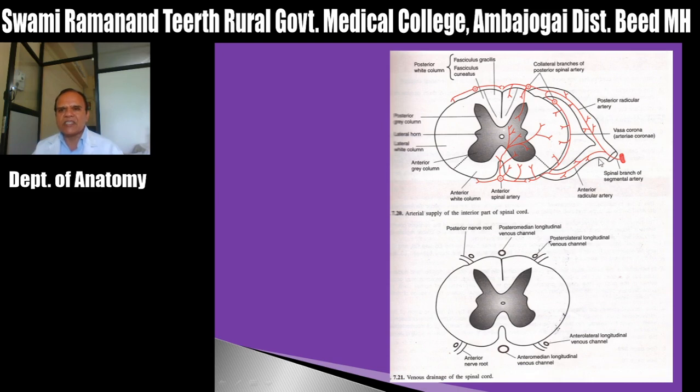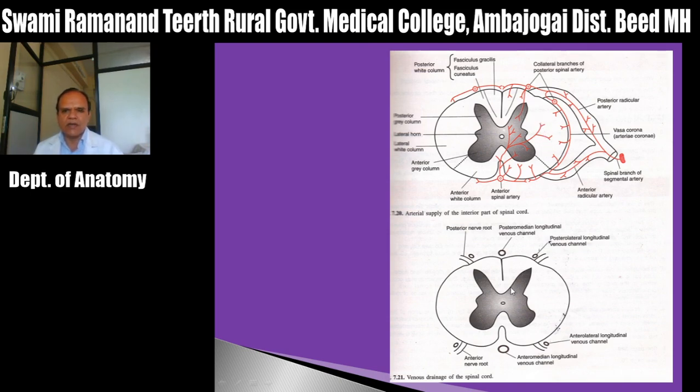When you take the cut section of the spinal branch of the segmental artery, you see it goes on the posterior side, and then see the anterior portion, it supplies the anterior 1/3 portion, and the posterior 1/3 is supplied by the posterior spinal artery. Can you see this is the posterior? Here is the anterior spinal artery, and on both sides the posterior spinal arteries, and they are collaterals, right? This is a cut section in order to see.